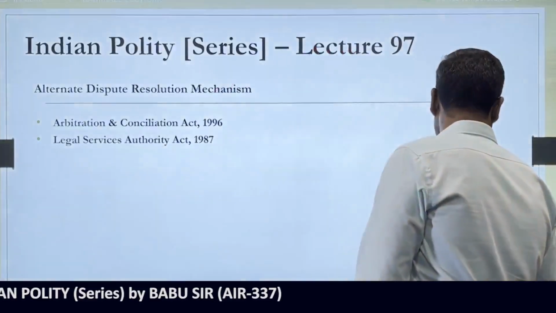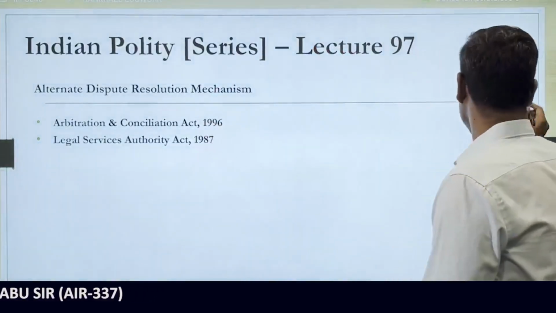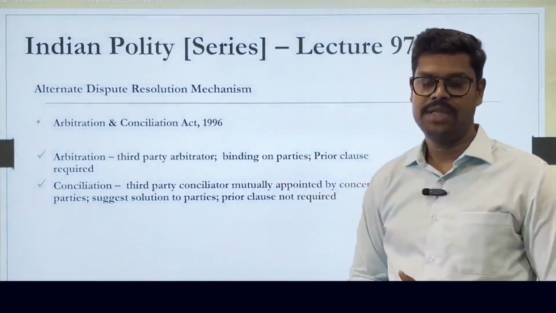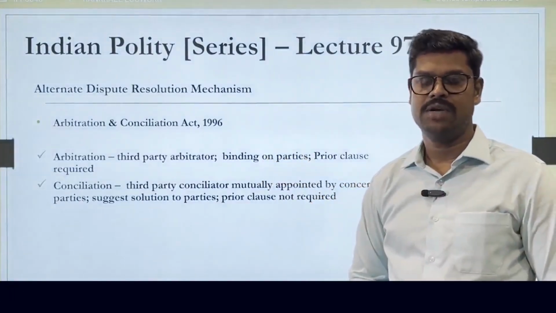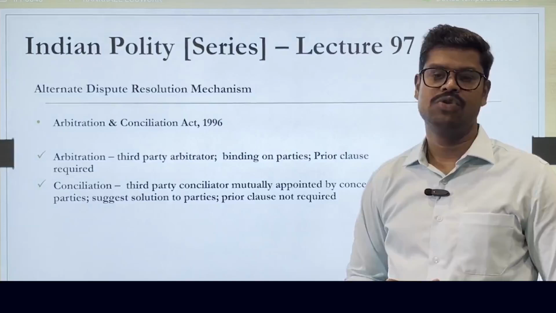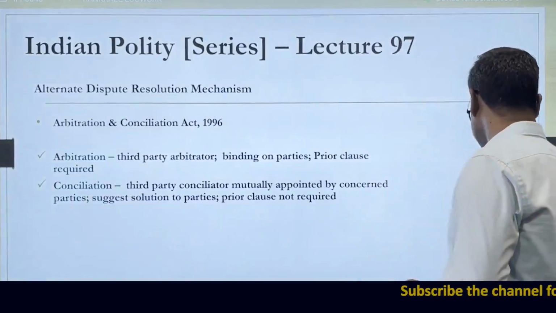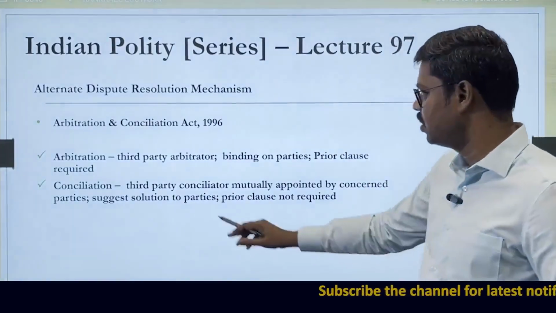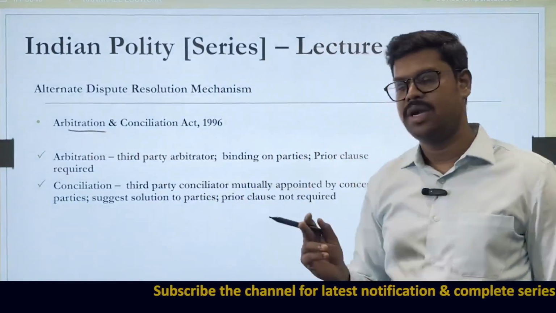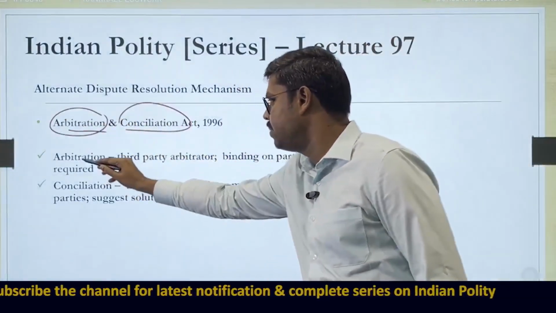Alright. So, with that we will try to understand the first thing, that is the Arbitration and Conciliation Act. Let us try to understand what mechanism is provided by the Arbitration and Conciliation Act. The Arbitration and Conciliation Act provides for two mechanisms to resolve the commercial dispute. So, what are these mechanisms? First and foremost, one mechanism is arbitration, and then the other mechanism is conciliation. So, what does arbitration mean?